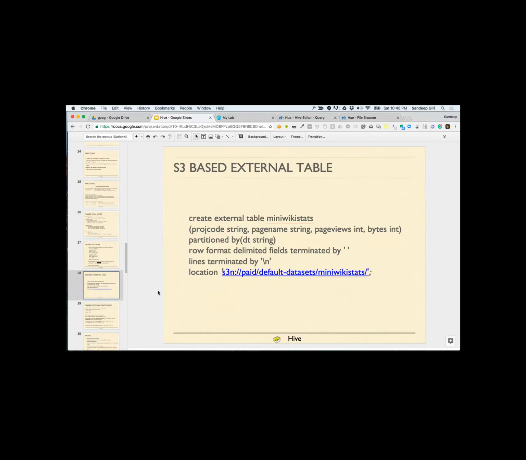Sometimes you may want to load an external table, say from S3. In that case, you can say create external table mini-wiki stats, and the location is S3. Whenever you're querying this table, mini-wiki stats, you will be querying S3. It might take a lot of time. And this external table can be partitioned.